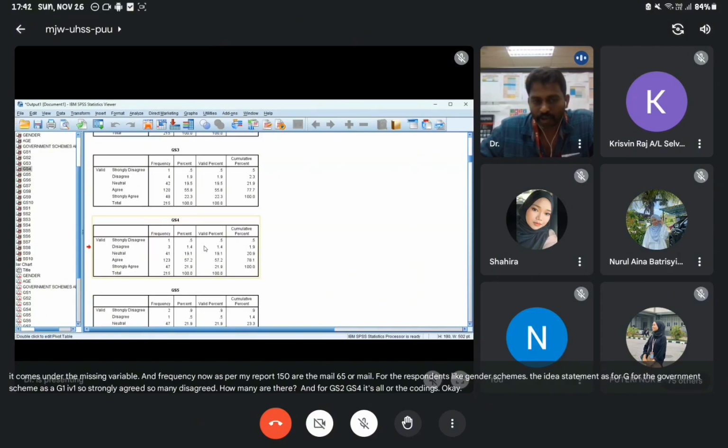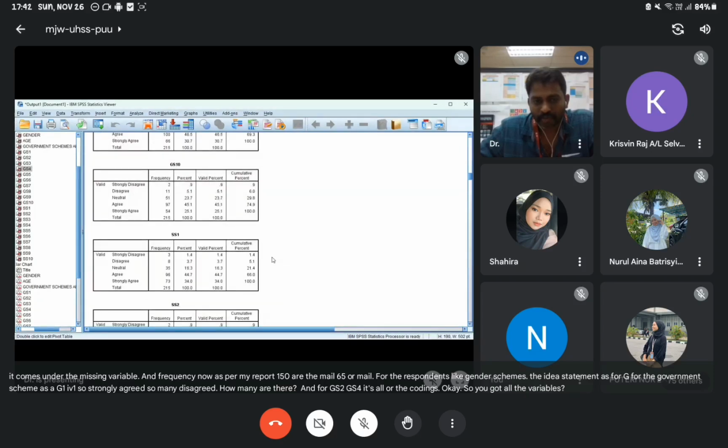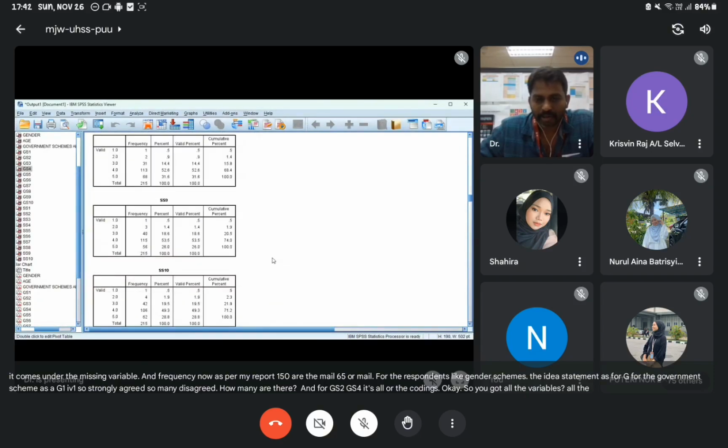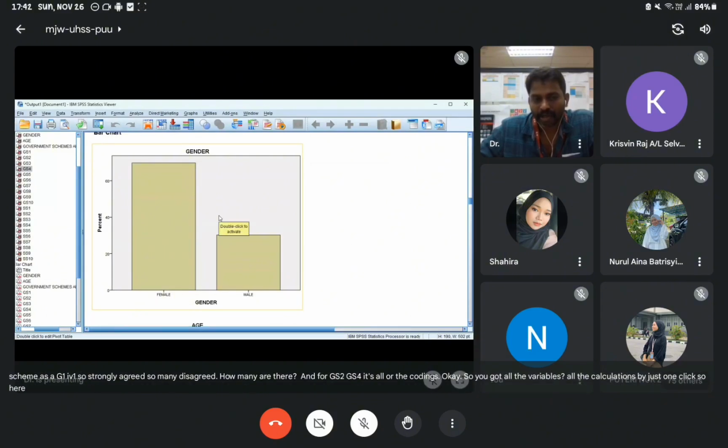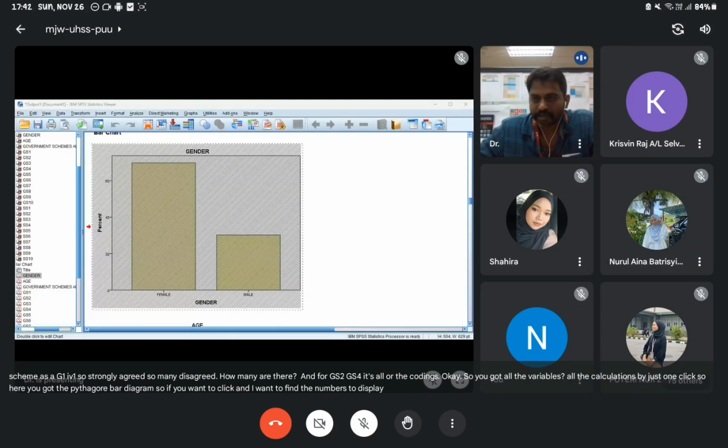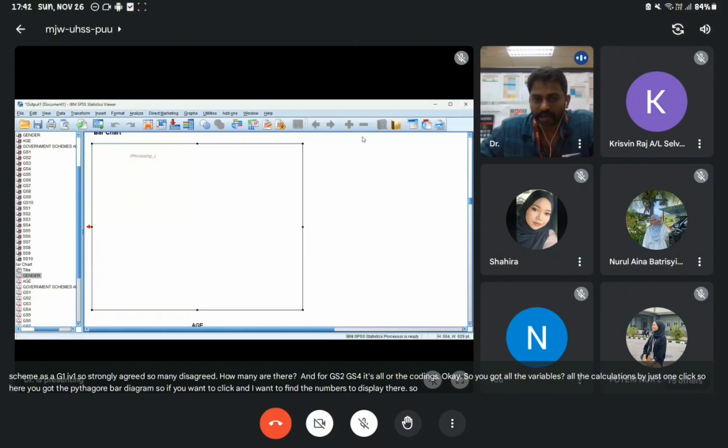Okay. So you got all the variables, all the calculations by just one click. So here you got the pie diagram, bar diagram. So if you want to click and I want to find the numbers to display there, by just a click it shows